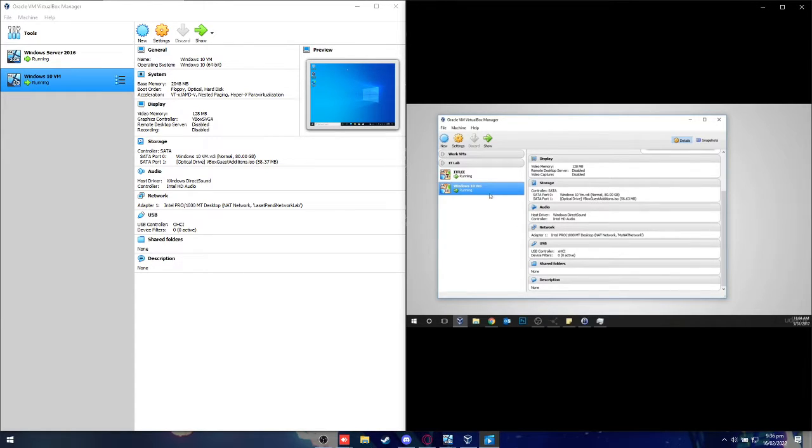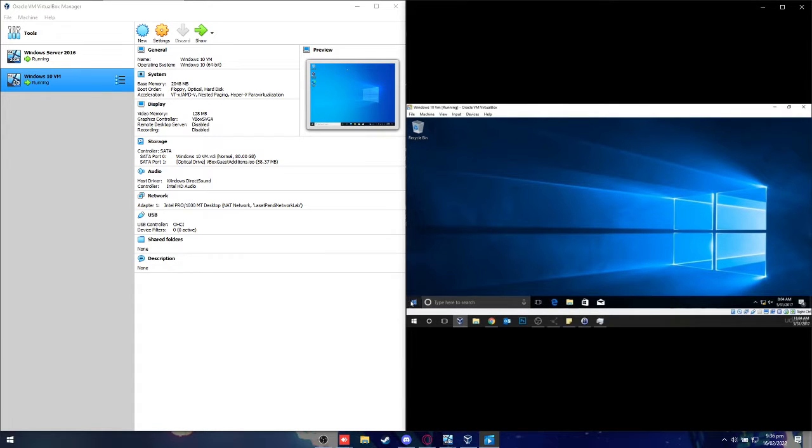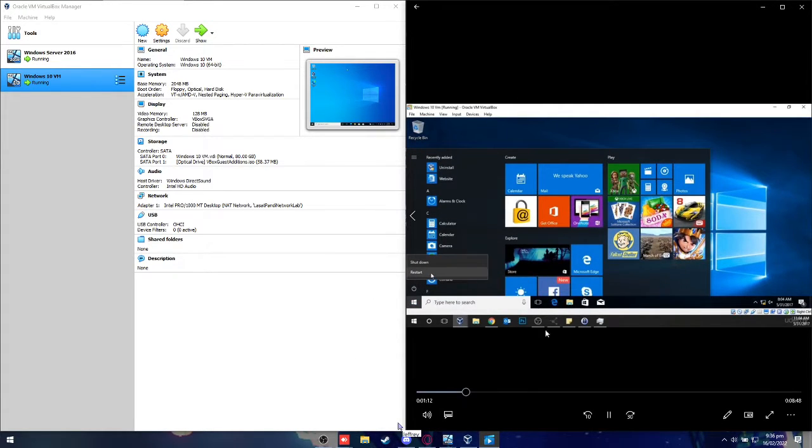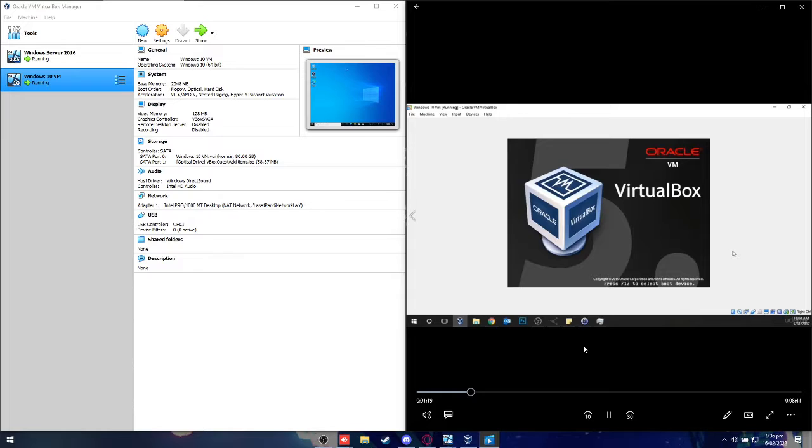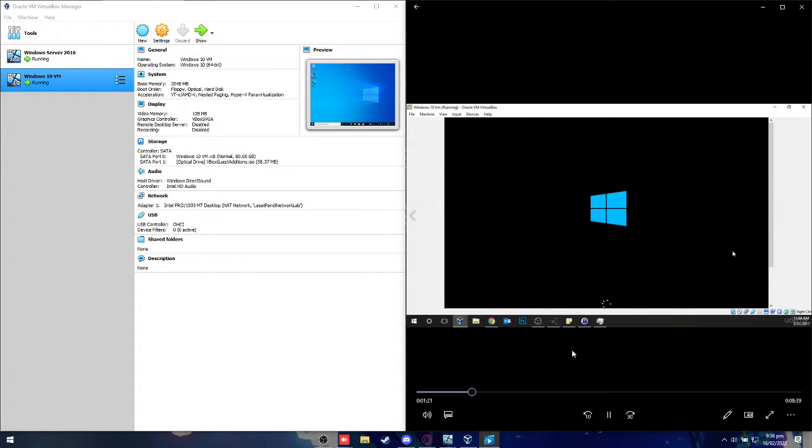So now what we need to do is pop over to our Windows 10 VM and go ahead and reboot the VM. Anytime you make a hardware or settings change on a VM in VirtualBox, you want to go ahead and restart the VM to let the changes take effect. So we'll wait for the VM to boot back up, and then we'll rename the computer